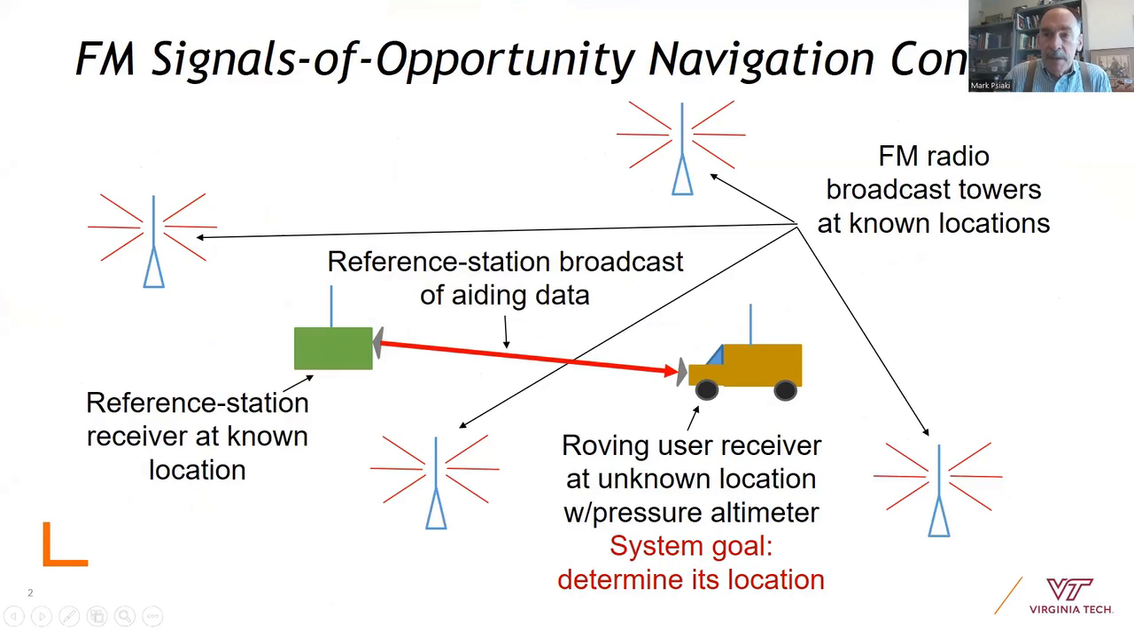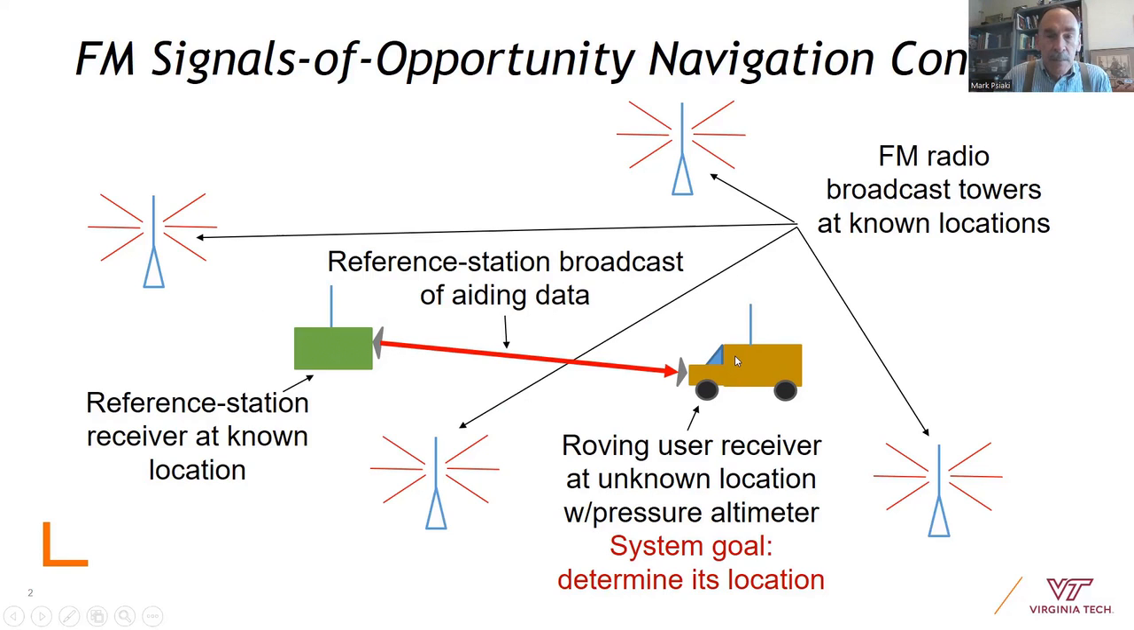The point of this effort is to try to navigate using signals from FM radio towers, standard FM that we're listening to as we sit in our homes or driving around in our cars. And the idea is that if there's a roving receiver that is receiving these FM signals from all these towers and a base station that's receiving these same FM signals, and if the base station gives essentially single information to